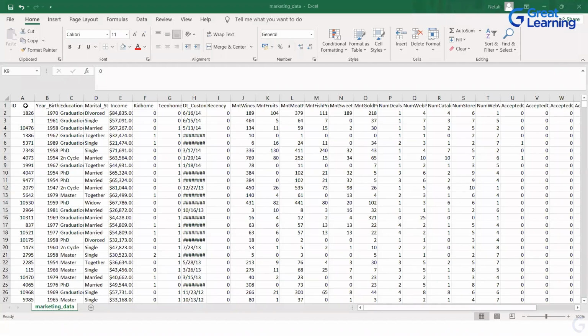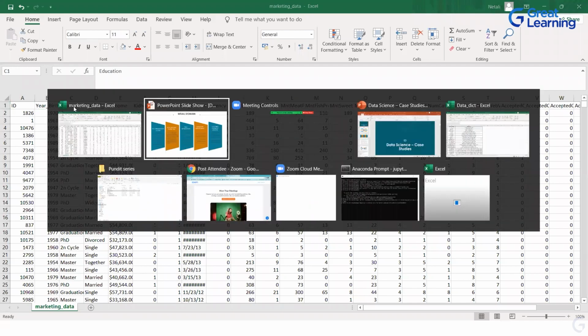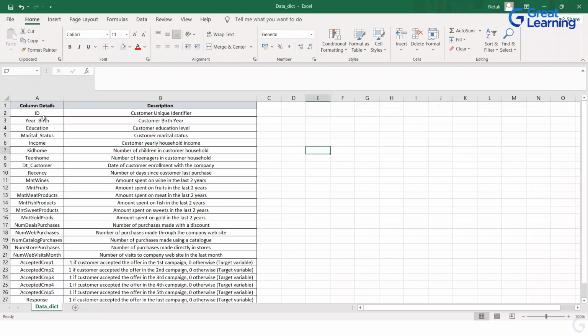So this data set has around 28 columns, which tell you about the customer ID. This is for a specific superstore. In India, we have Vijeta, Heritage, Spar, Big Bazaar, and all that. They have their web stores as well as their physical, brick and mortar stores. This one is a supermarket or retail chain which is all across the world. So you have the customer ID, customer year of birth, education, and all these things. I will show you in the data dictionary, which would be more clear.